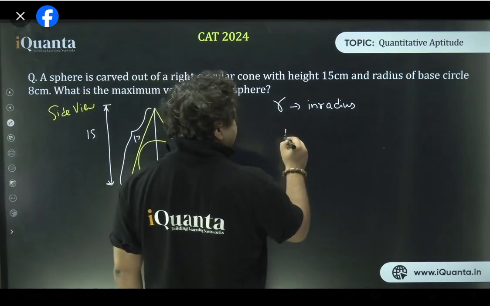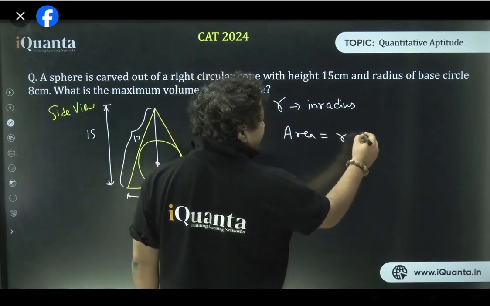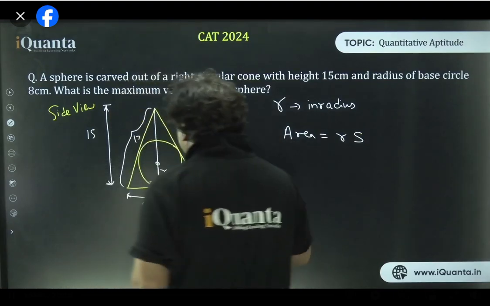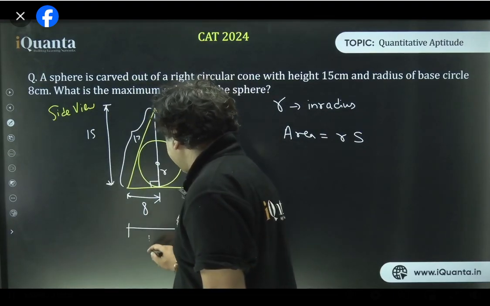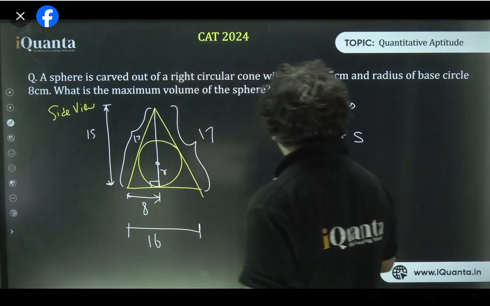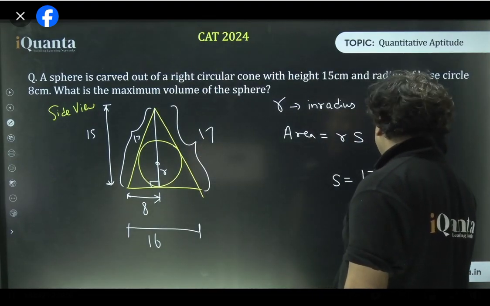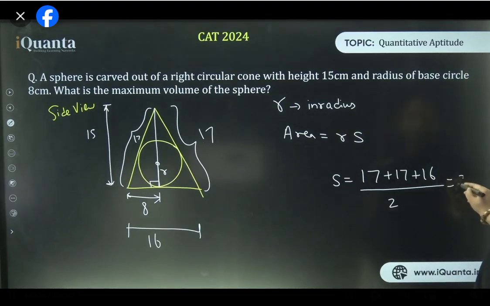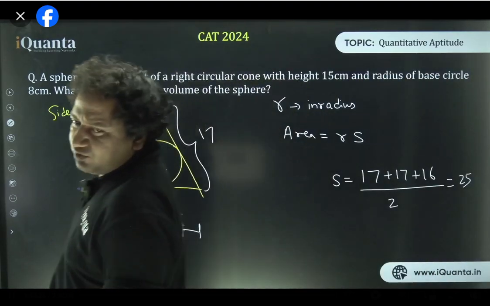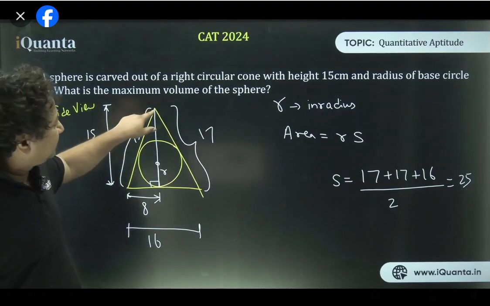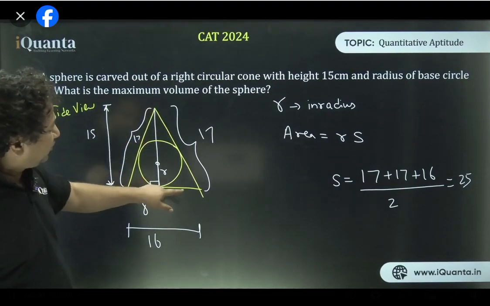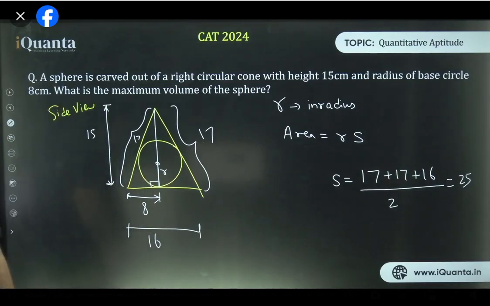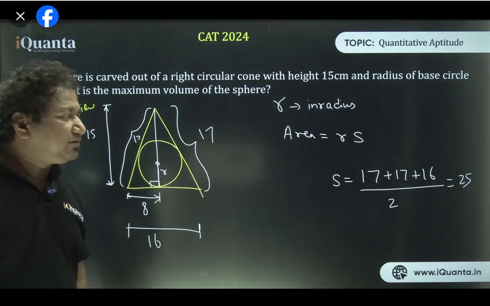If you remember the triangles class, the area of a triangle in terms of its inradius is R multiplied by S, where S is the semi-perimeter. So the sides of the triangle are 16, 17 and 17. So the semi-perimeter will be (17 plus 17 plus 16) upon 2, that is 25. Priyanka, a right circular cone is just the cone here, nothing else. Basically, when you join the top vertex of the cone to the midpoint of the base, it is at 90 degrees. Its real name is right circular cone. Okay? Is this clear, everyone? We got this perimeter?